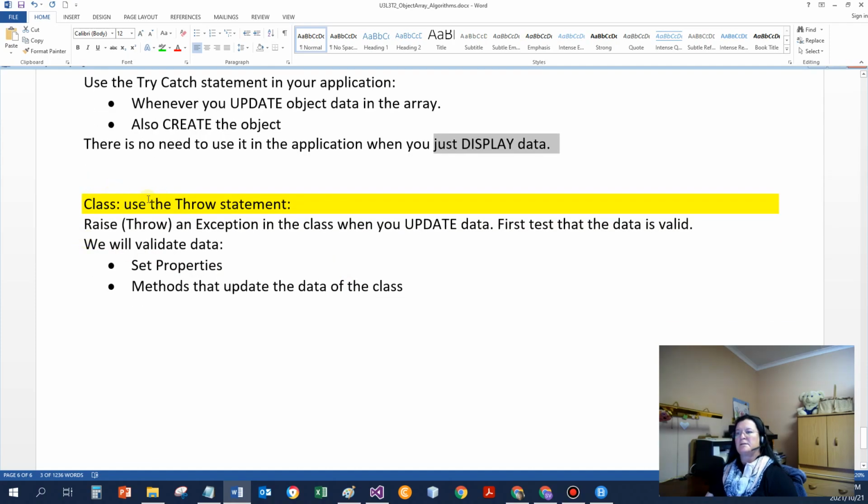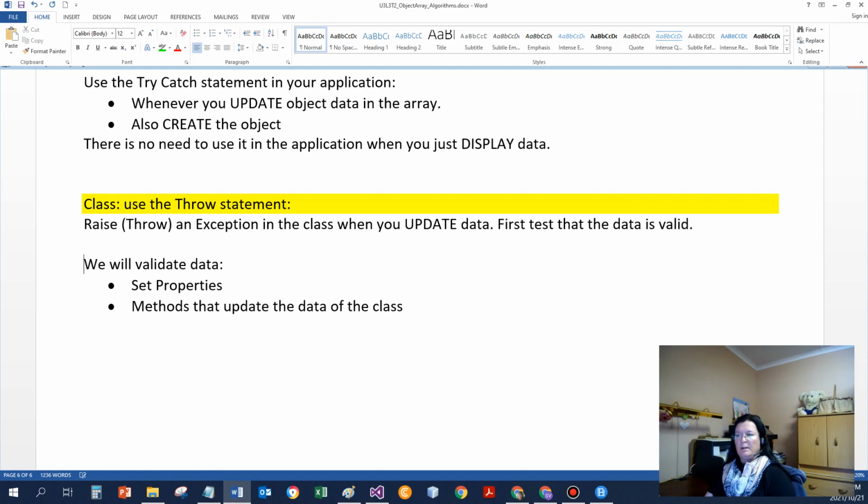In the class, only in the class, we're going to use the throw new exception statement. We're going to raise, that's the nice word to use, an exception whenever the data that I got is not valid. So whenever there would be a problem, I'm going to raise an exception. And this would always be in the set properties, in the methods that update the data of the class, and then if I have a read-only property,